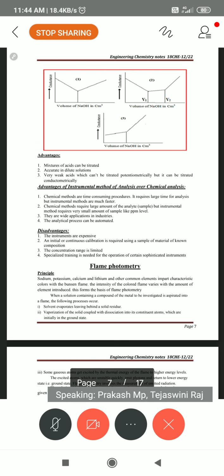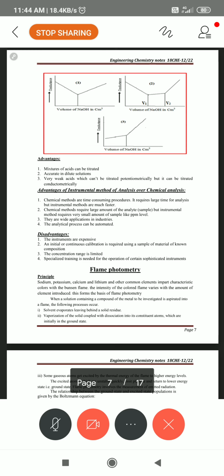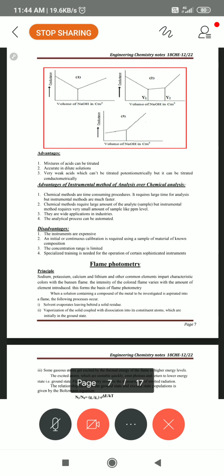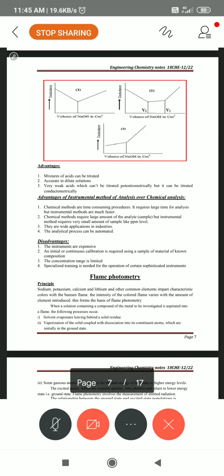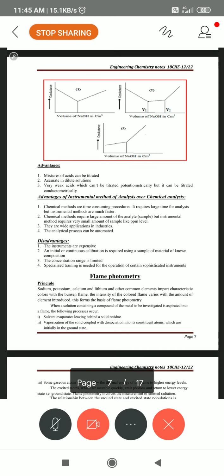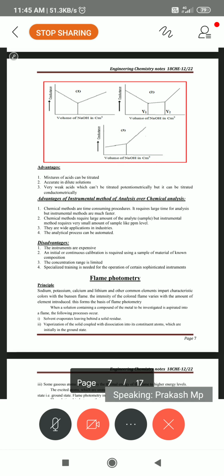Before that, we can calibrate again. We change the slit, we can change the lens. For potassium it is nearly 790, the maximum specific wavelength where the maximum absorption has taken place. For sodium it is 589, for calcium it is different. For rubidium it is different, cesium is different, francium is different. In the same way, magnesium is different. Magnesium also we can use.